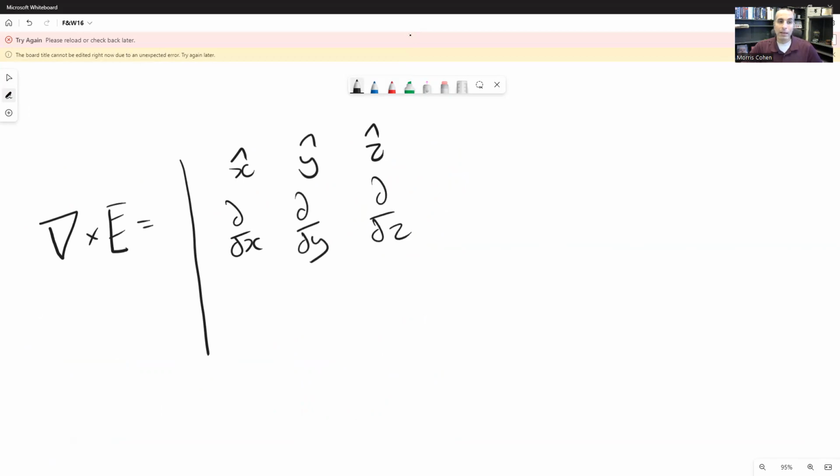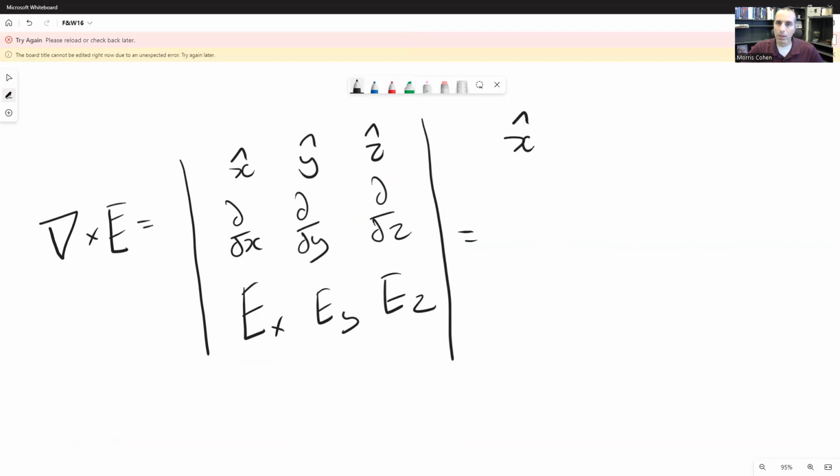In the third row, we'll put the three components of the electric field: the x component, the y component, and the z component. Let's expand this out. This equals x-hat times the derivative of the z component of E with respect to y, minus the derivative of the y component of E with respect to z,